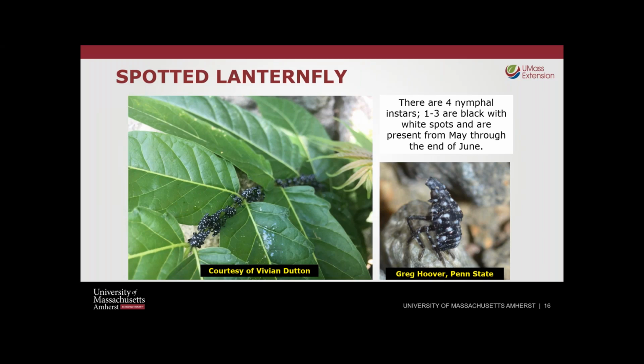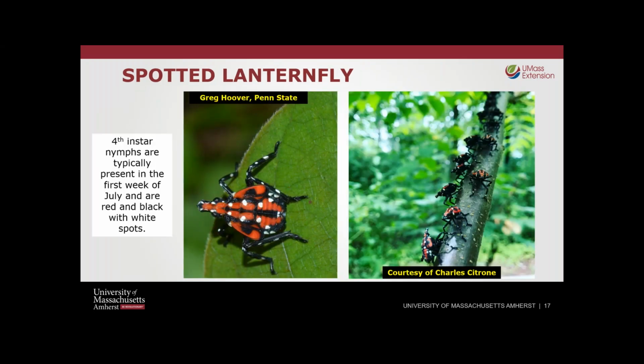And the first 3 are black with white spots. So you can see in these images the teeny tiny nymphs that are black with white spots present from May through the end of June. And then the 4th instar nymphs pictured here, these are typically present in the first week of July in Pennsylvania, and they add that red coloration with the black and white spots. So this is the oldest or largest, or most mature of the immature life stages. And again, that red coloration tells you that you have here some 4th instars that will, at their next molt,